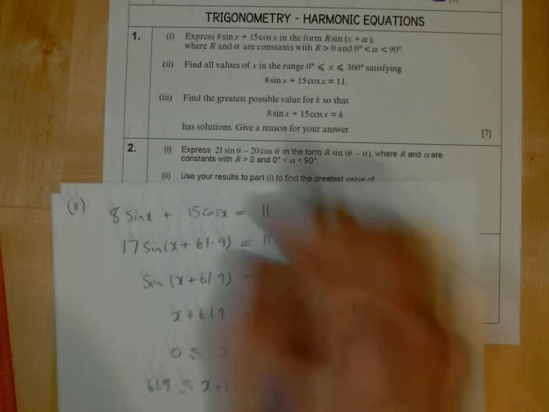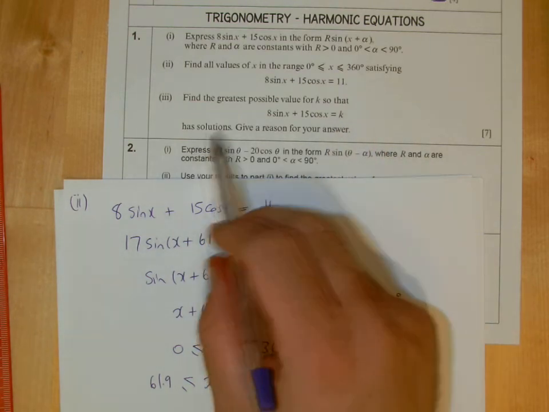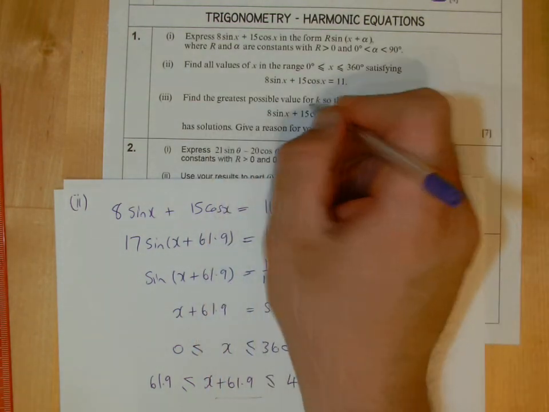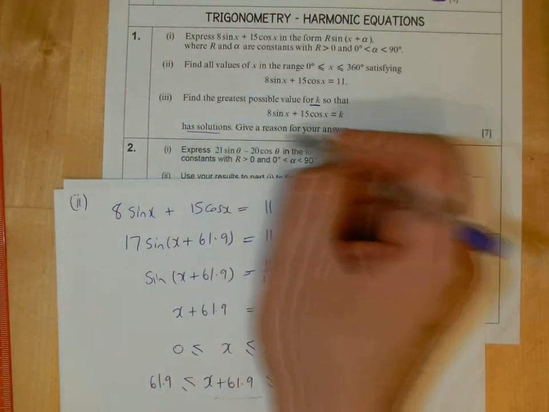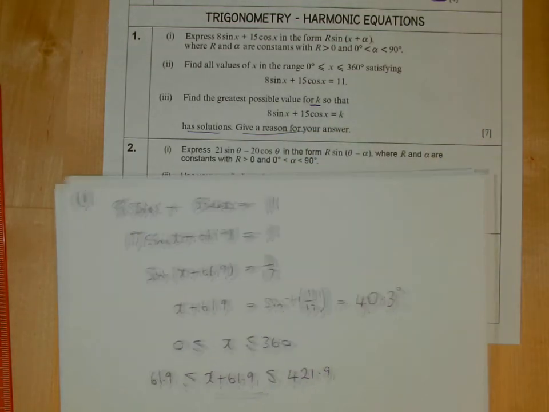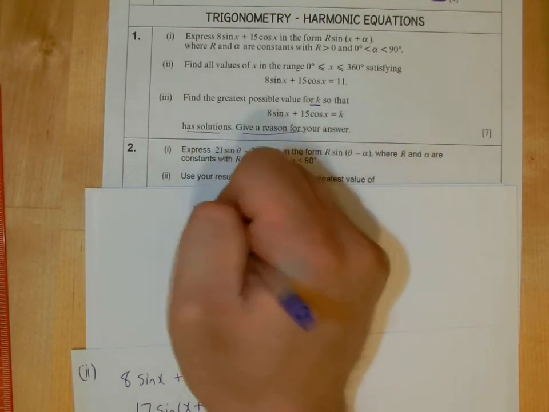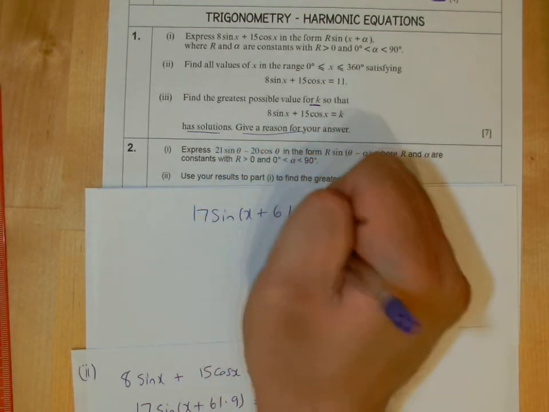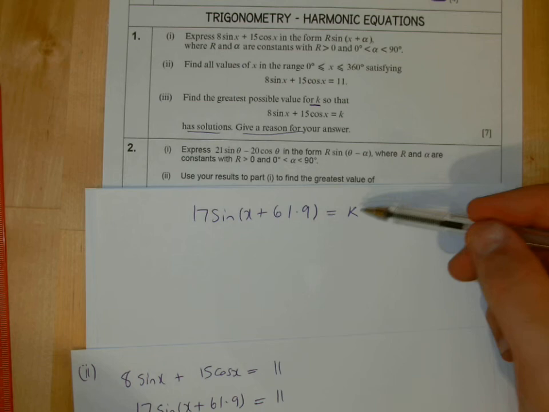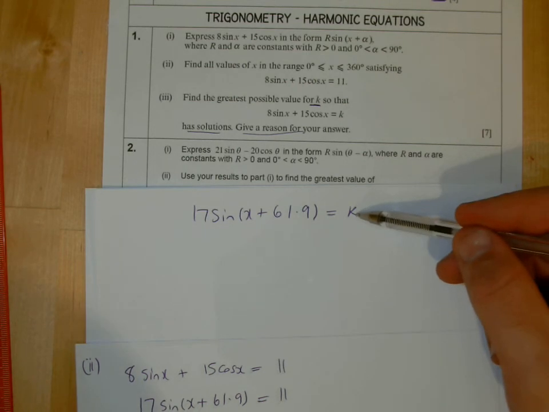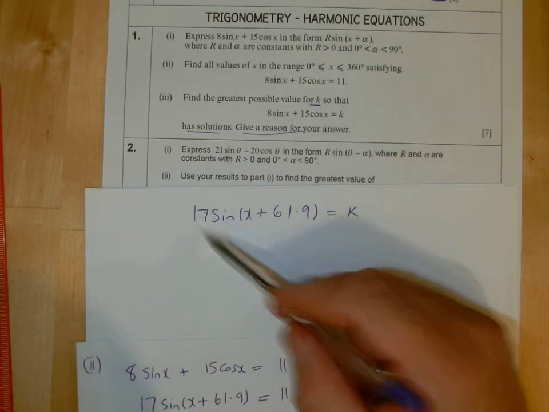Okay, part 2 then. Part 3 says find the greatest possible value for k, so that this equal to k has solutions. So we want the greatest possible value here. They're not asking for solutions, they just want the value of k. So if we go back to what this was, remember 17 sine(x + 61.9) equals 2k. What's the greatest k can be so that it has solutions? Well, we've got 17 there, haven't we? So if I take that 17 over,